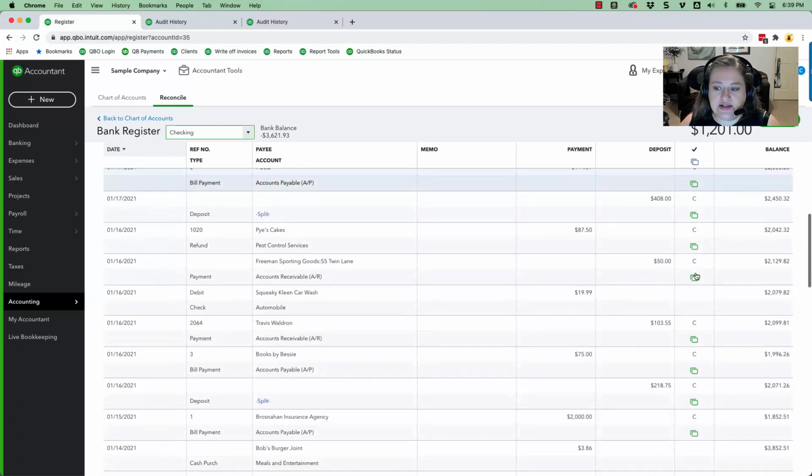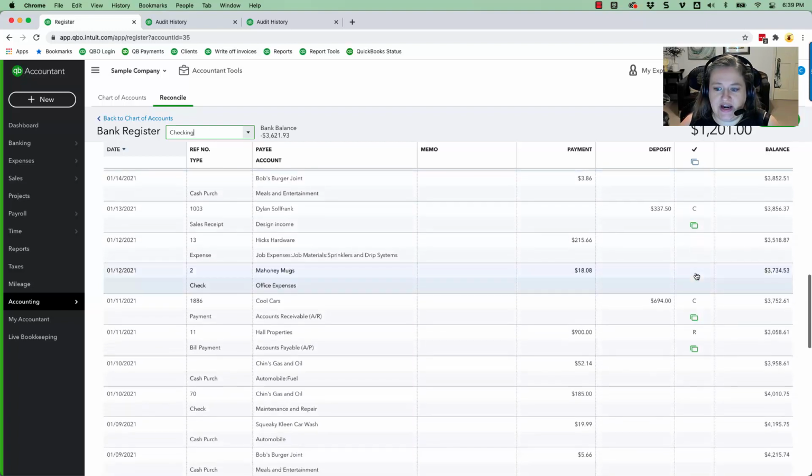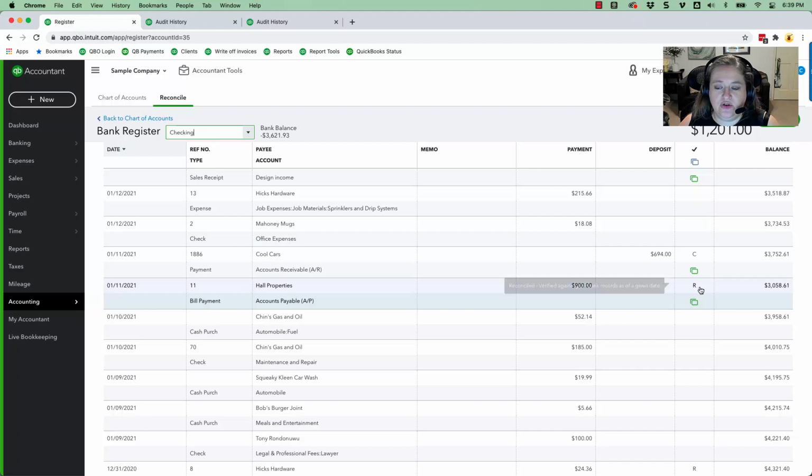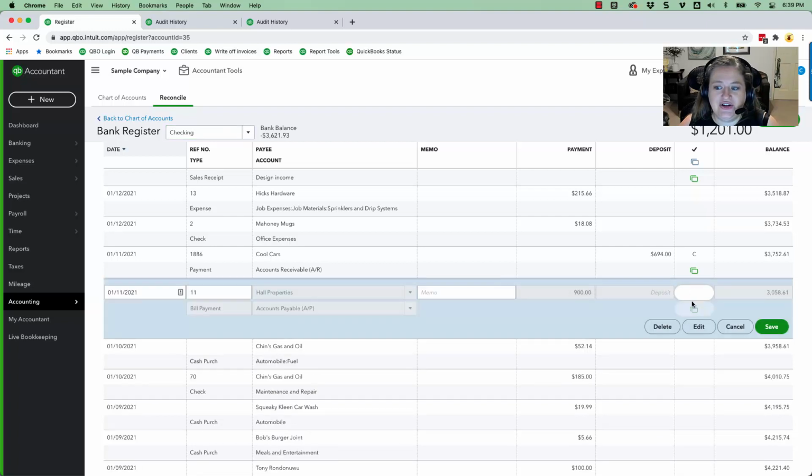So I'm scrolling down here and let me look for that $900. So you can see here is an R. Funny thing is, you can just come in here and click it and change it. I can click it as a C, I can click it and change it to an R, or I can make it unchecked and no status whatsoever. So it's not a lot of controls there, but you can see what's happening, how this is making an impact on things. So I'm just going to put it as a C because I want to automatically check it off